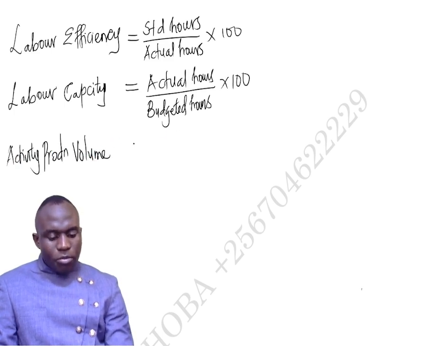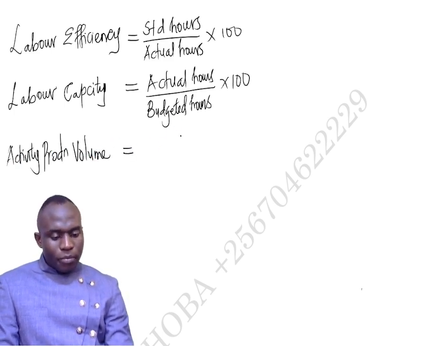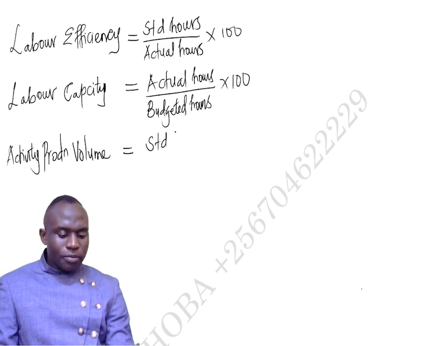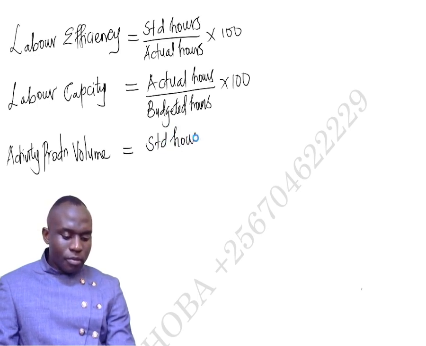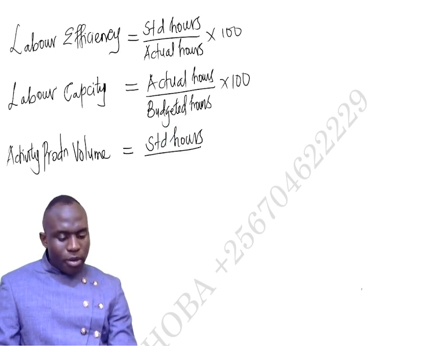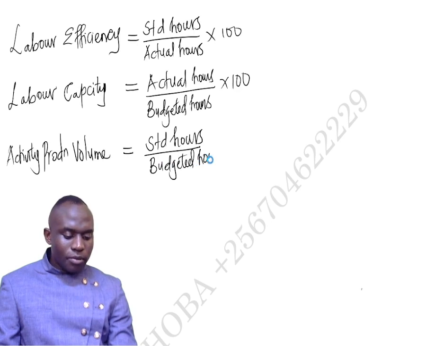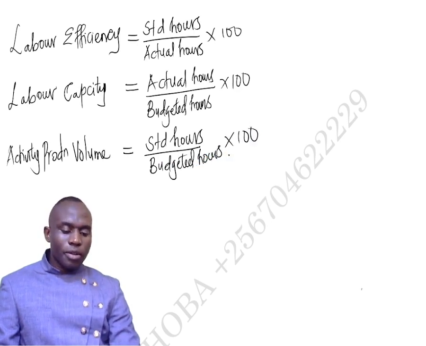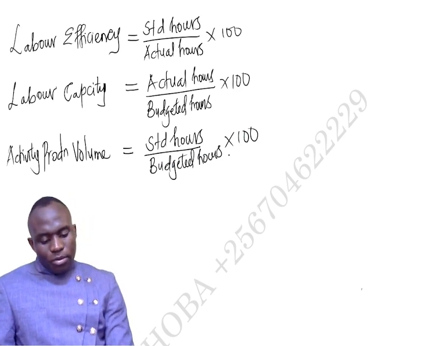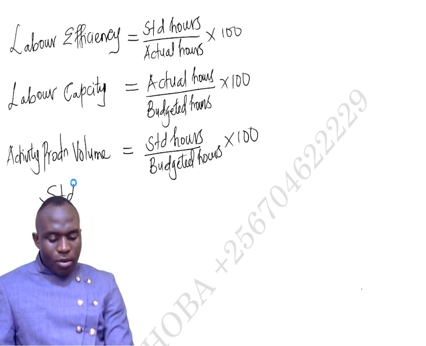The production volume ratio is given by the standard hours divided by the budgeted hours, times 100. Now be careful that standard hours